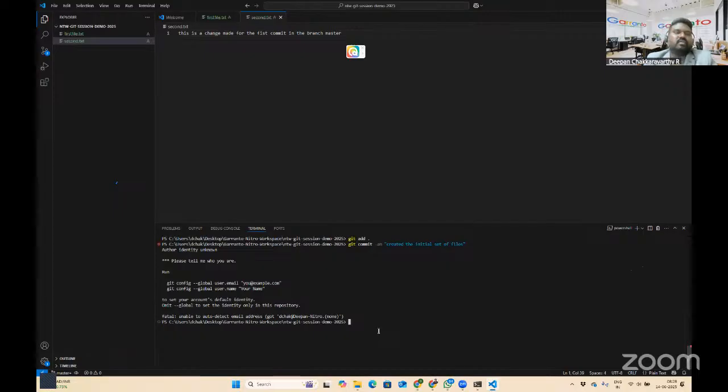Now it is telling me, please tell me who you are. We have installed Git, but we missed a typical step, which is Git configurations. Git wants to know who is making these changes, who is making the commit.